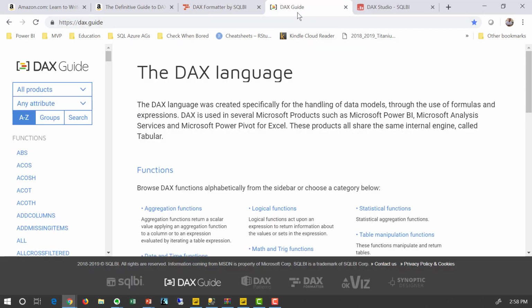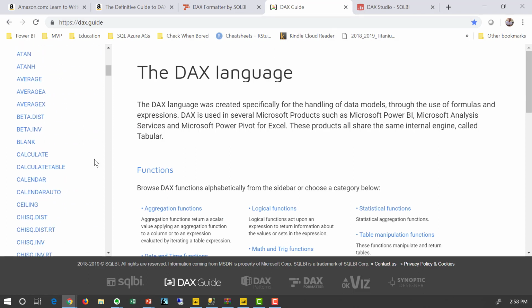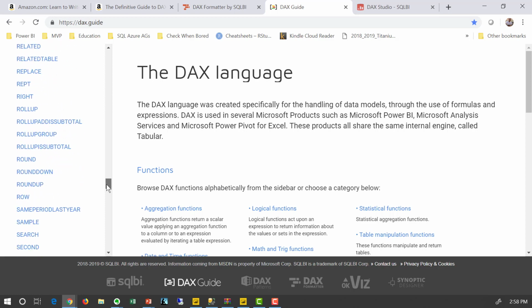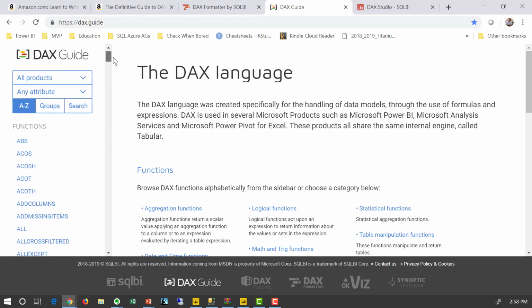The Italians also made DAX Guide. They wrote their own documentation for DAX. They were very humble about it too. When they were asked why they put all this effort into writing documentation and then releasing it for free, their answer was not because we're the smartest guys in the world. Their answer was, it's because we wanted documentation so that we could remember what things were and how they should be written. Very humble, really nice guys that they did that.